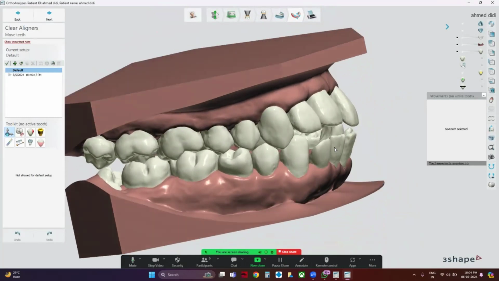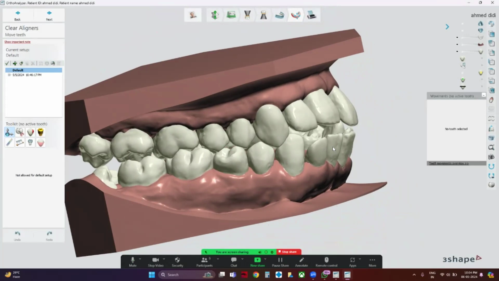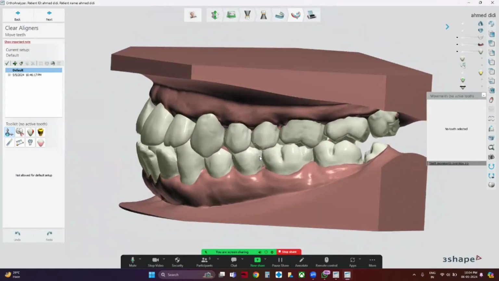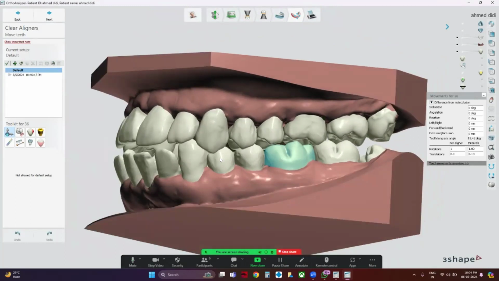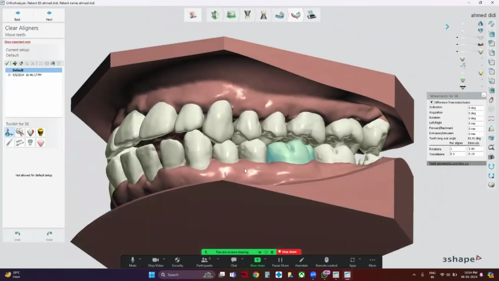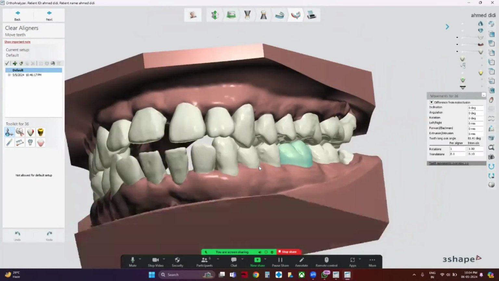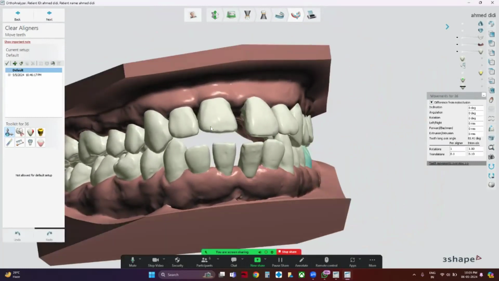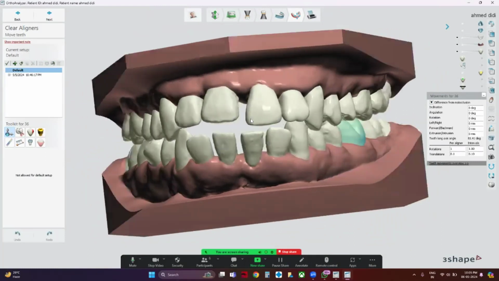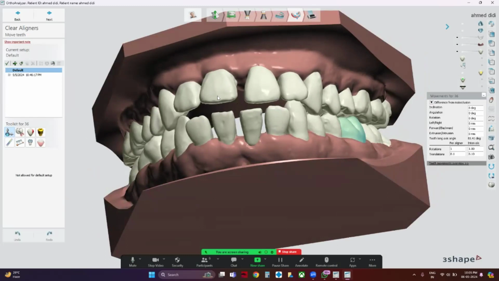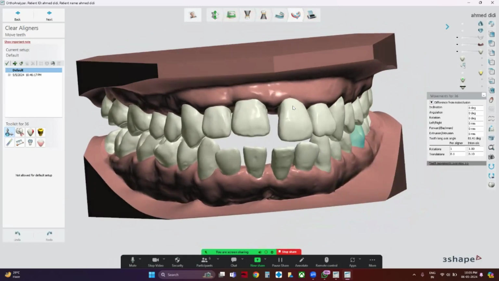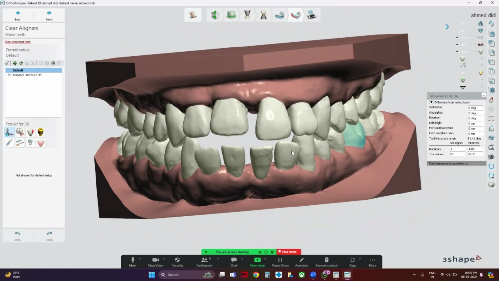If we notice over here, we see a class 1 molar relationship, class 1 canine relationship, slightly tending maybe slightly towards class 3, and similarly over here. So what is the patient's chief complaint, Dr. Munira? The patient has basically come for that central incisor, which has to be extracted. It has got a periapical lesion. So now we are going to implant,